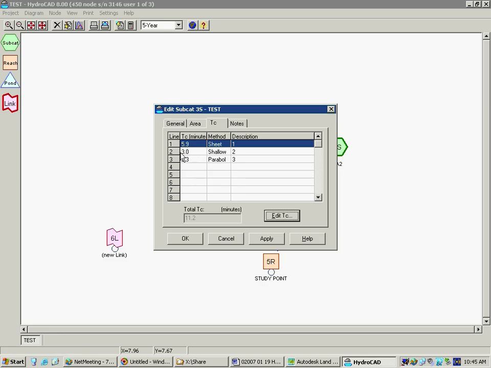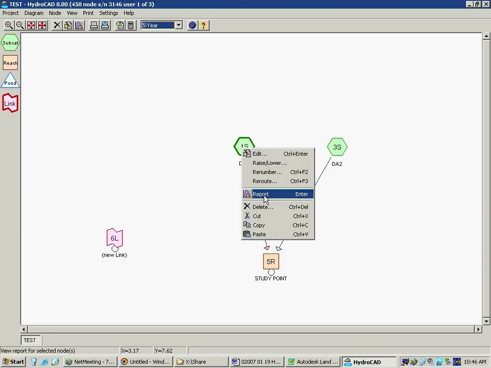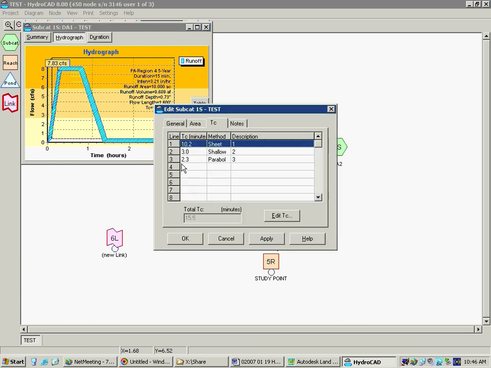So that drastically reduces the TC. I guess that says 11.2 down there if I'm reading that correctly. So we'll hit OK in that box. And if we go back to this one and look at what our TC is, go to the Edit tab. TC is going to be